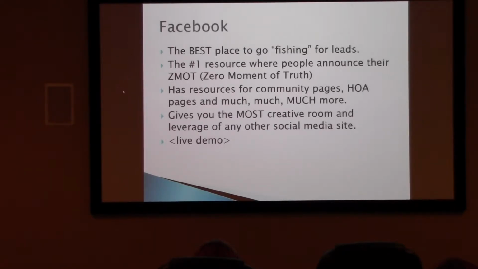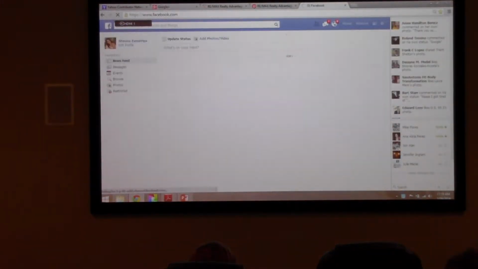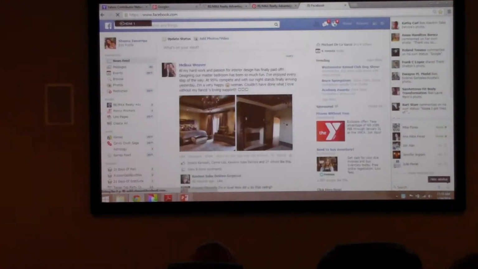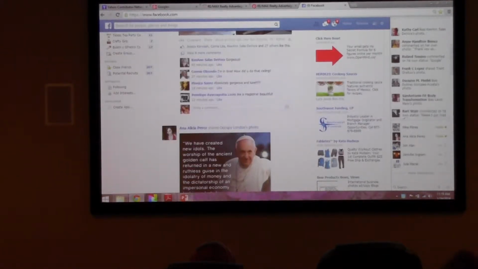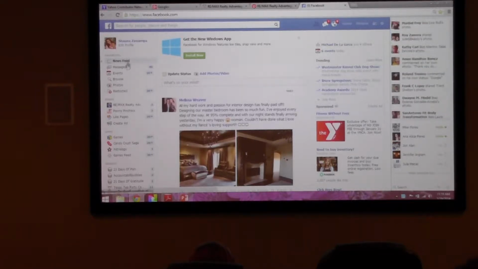Now, the way that I have mine set up is actually very specific. I said I don't take stalking people lightly, right? I don't. So the way you can set up your page to be a lot more efficient is you have your news feed, your private messages, different events that you're invited to, different photos and things of that nature.